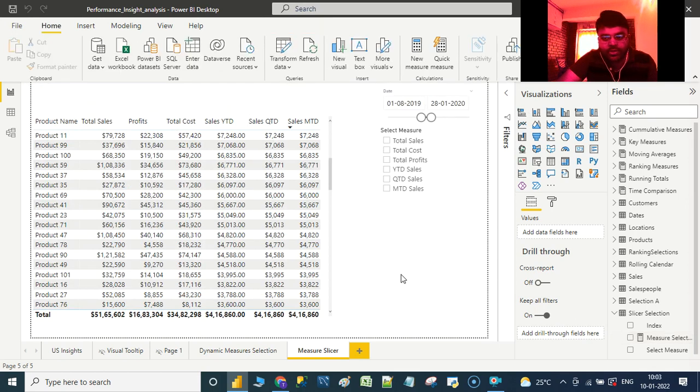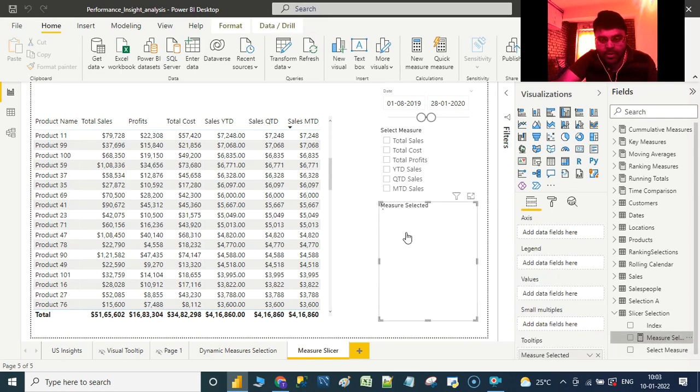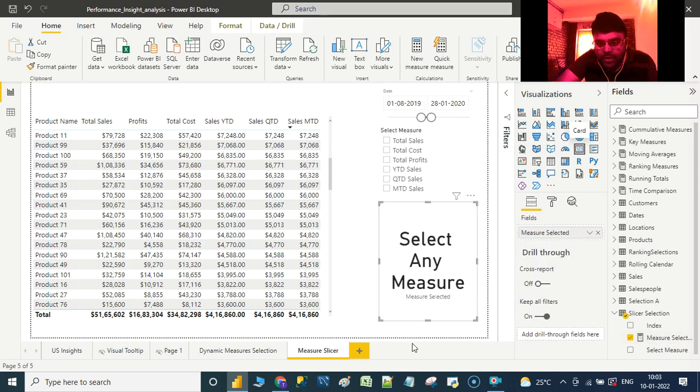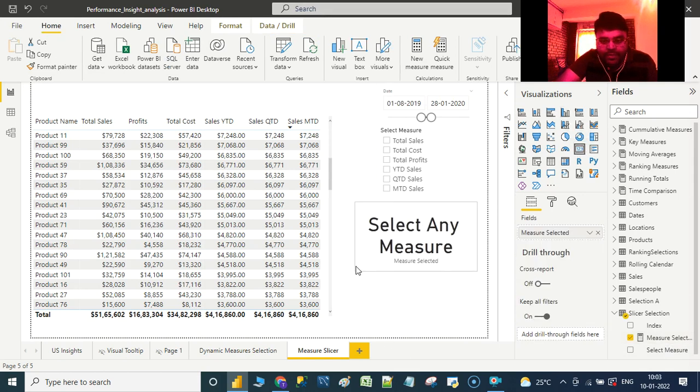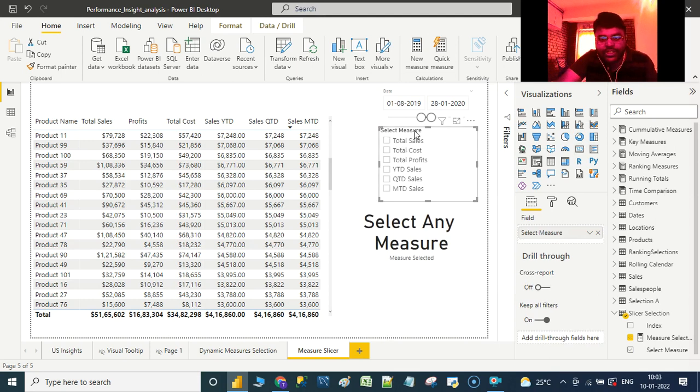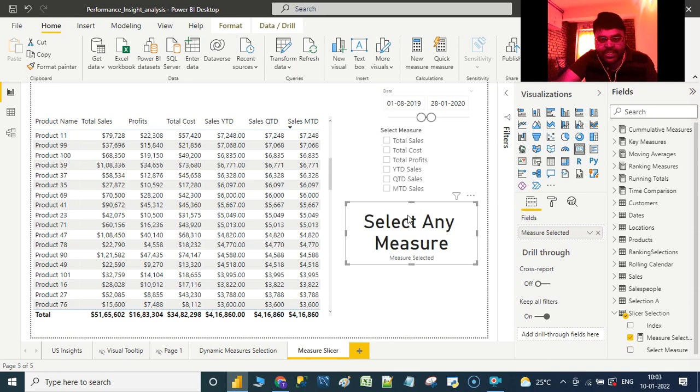Let us format this as text, no problem. So now let us see what exactly this measure speaks all about. Let us take a card visual. Since we haven't made any selection from the list of measures, we are getting this message.